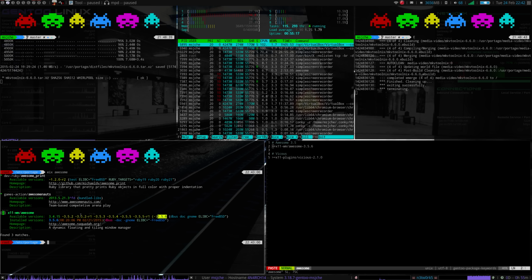So if you were to just do emerge -av awesome, and let's make it official and call it x11-wm, it would install 3.14.15, and my entire system would fail. It would be my old system back that I had like 2 years ago would work, but this one wouldn't because this is based off the